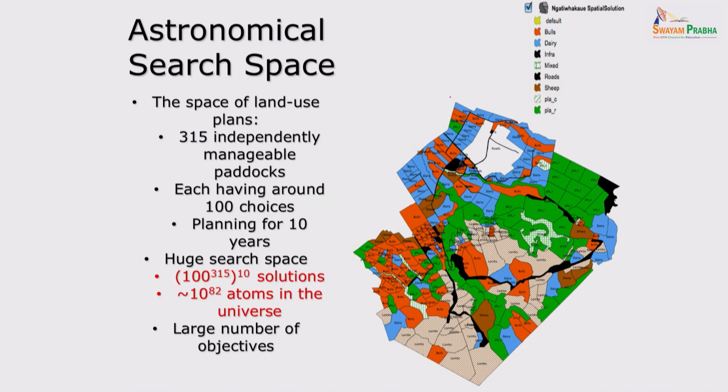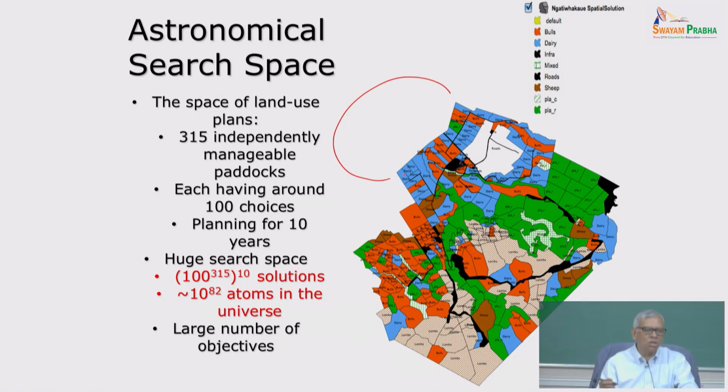So here is the real landscape. Here is the lake over this side, and you see these blue ones. Currently they are doing dairy. The blue ones are dairy, meaning all the sheep and cows are there. So you see how close they are to the lake. They are taking proper care of this lawn, and all of these fertilizers are going there, right? There are some hill areas where you can't do anything.